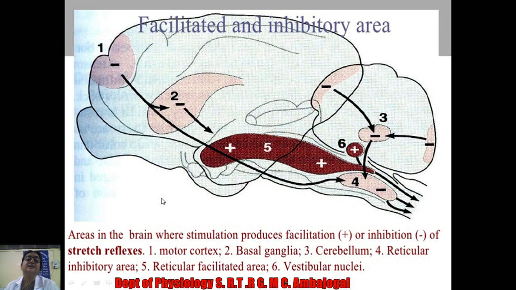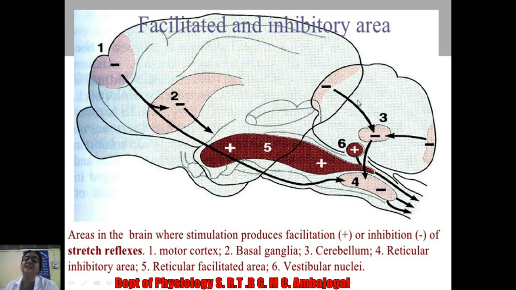It is found that this decerebrate rigidity is facilitated if the cerebellum is removed in the decerebrate preparation. So in the decerebrate preparation, if the cerebellum is removed, the rigidity is enhanced. But what is the peculiarity of that rigidity? Initially this rigidity is due to the gamma motor neuron, and it is solely due to the alpha motor neuron. Why? Already I have told you that the cerebellum gives an inhibitory influence over the vestibular nuclei as well as the reticular formation.